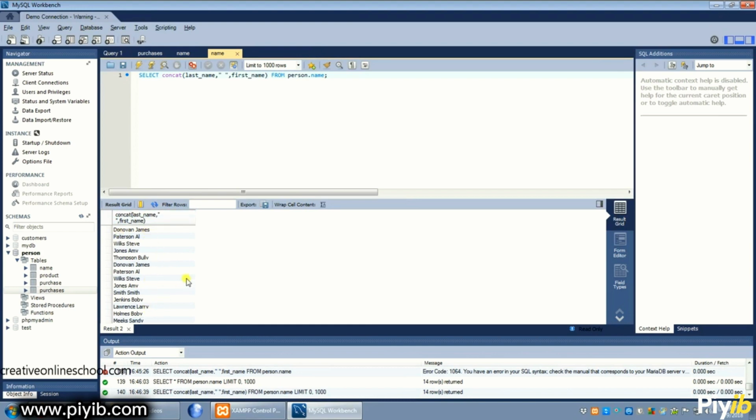Well, that's great for combining things, but what if you only wanted part of the name? Let's say we only wanted the first letter of the first name. Well, we can do that with a substring. And here we can put substring, or substr. We'll open it up. We'll use the same name,